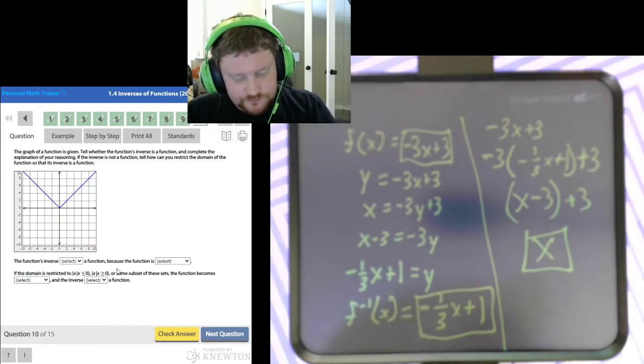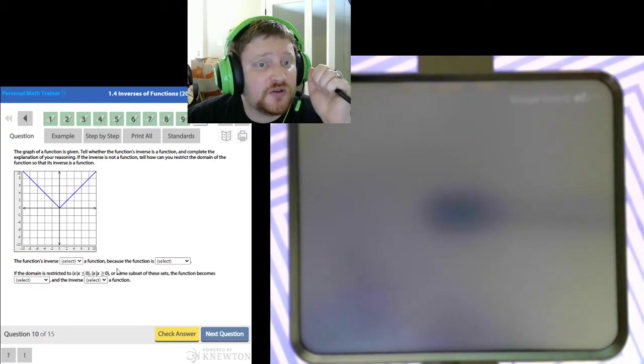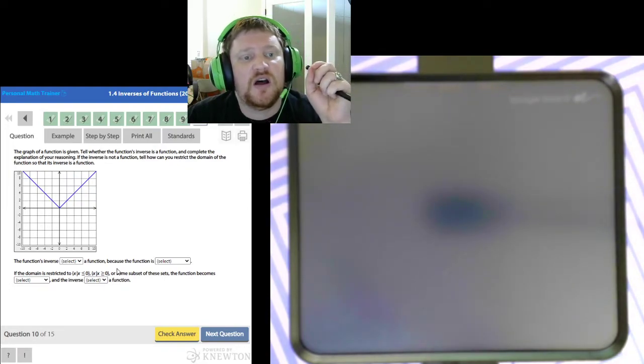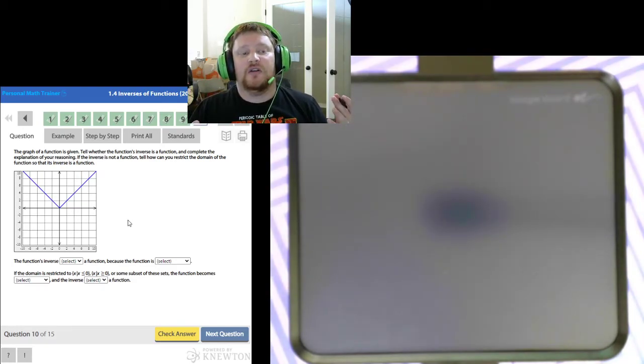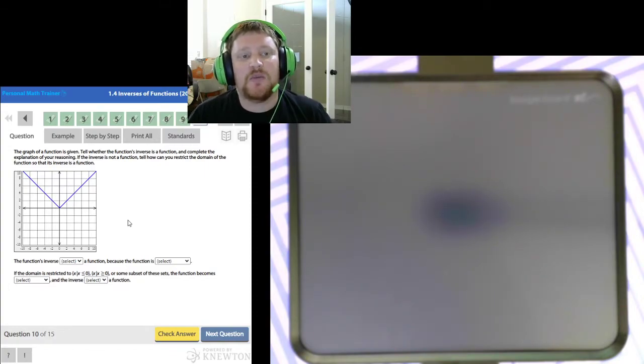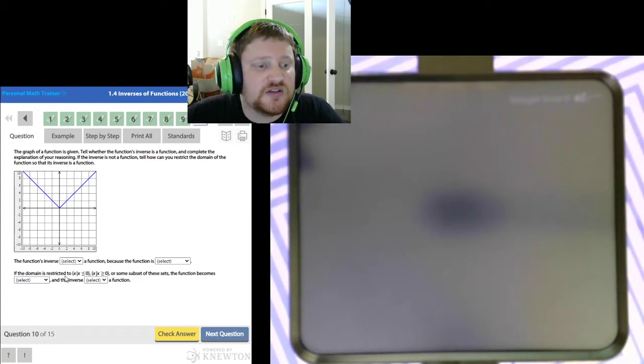Number 10. Graph of a given function is given. Tell whether the function's inverse is a function and complete the explanation of your reasoning. If the inverse is not a function, tell how you can restrict the domain of the function so that its inverse is a function. Alright, we talked about this earlier. Absolute value functions don't have inverses. In order to make them have an inverse, you have to restrict their domain, at which point they're no longer absolute value functions, they're just lines. So the function's inverse is not a function because the function is